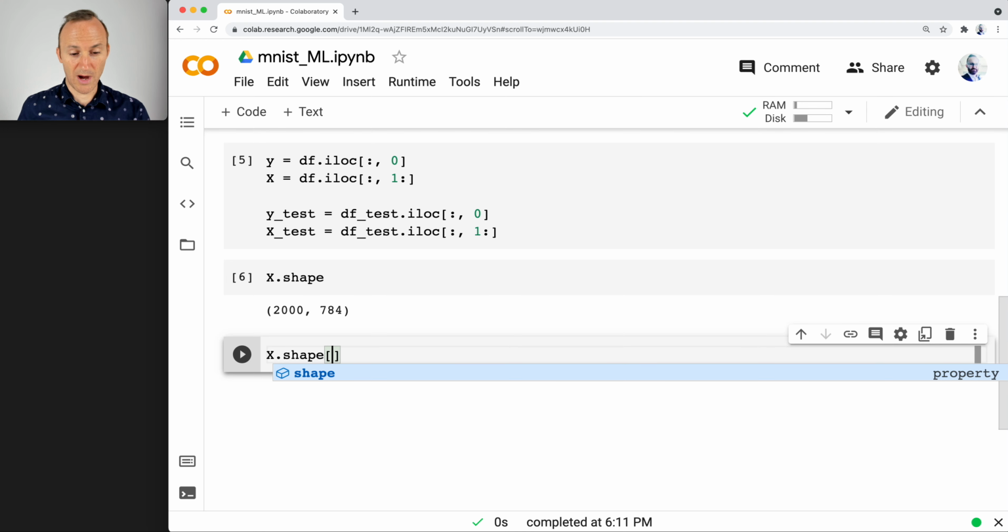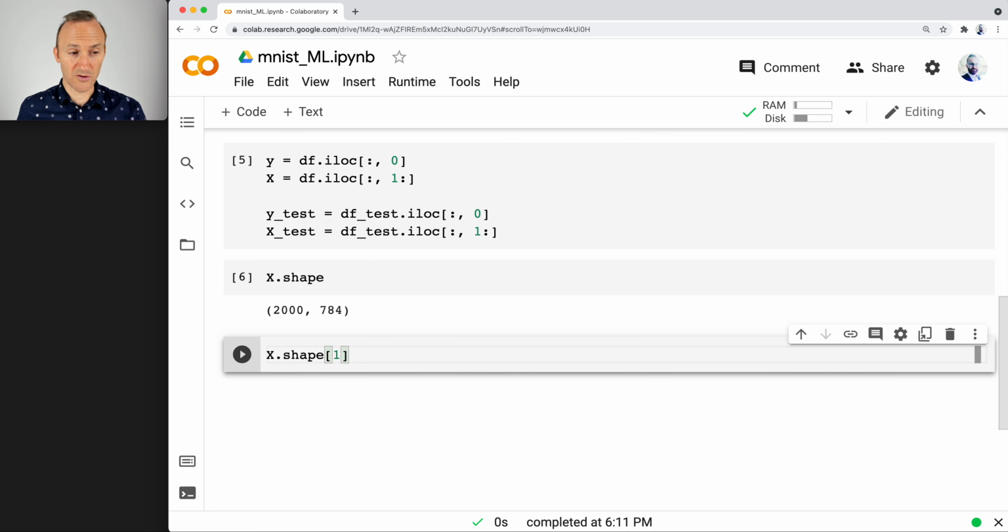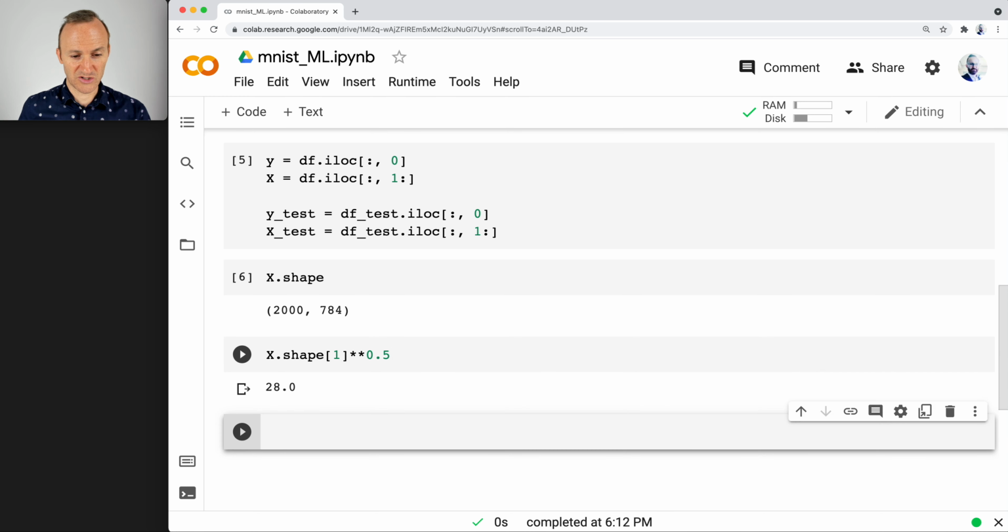X.shape bracket 1 gives you the number of columns. If we want to find out the square root, we can just go to the 1/2 power. So it's double star, that's to the power of 1/2 in this case. Press Shift Enter and you get 28. So these are 28 by 28 to get 784 pixels total. Okay, so how do we actually